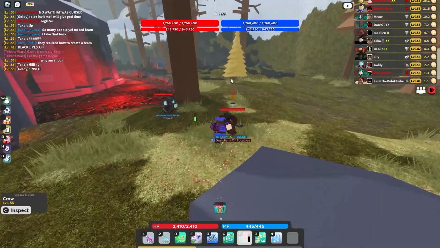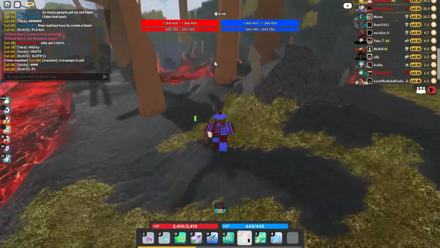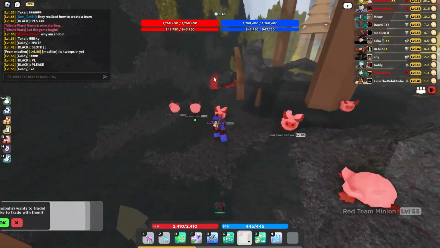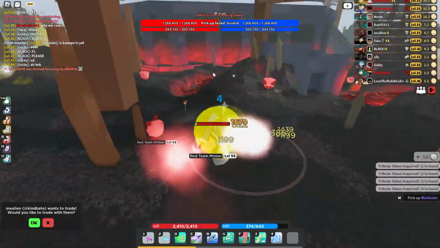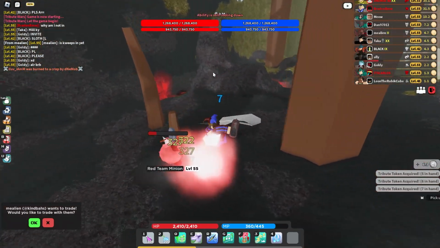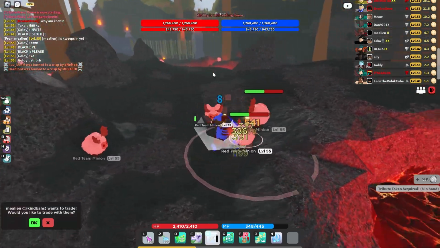Alright, so basically the way Tribute Wars works is there's a gate, and behind the gate is a boss on each team, and then you have to kill the boss on the other team. So what I usually do is I just grab a bunch of these Yeti tokens and then spawn a Yeti with 30 tokens. I'll show you guys the tribute shop, but